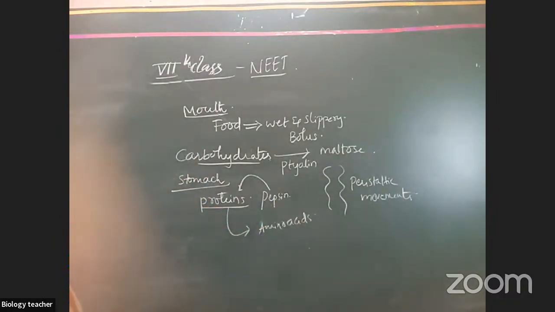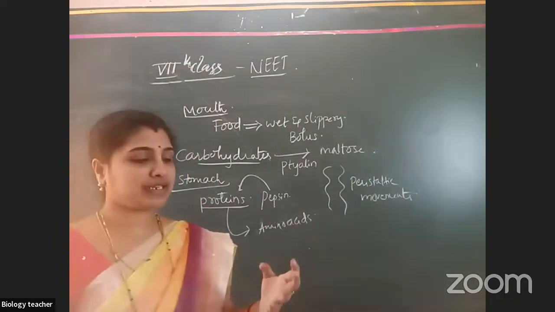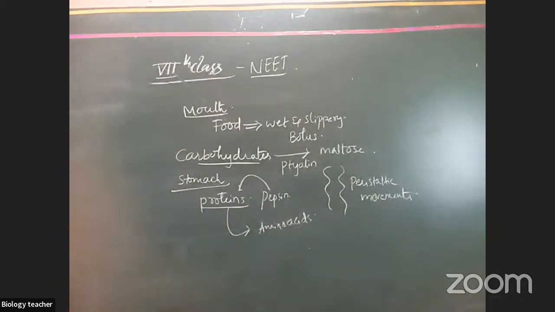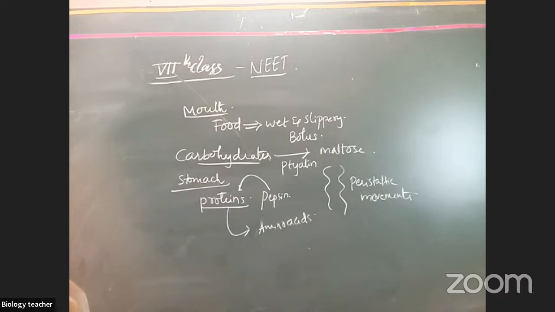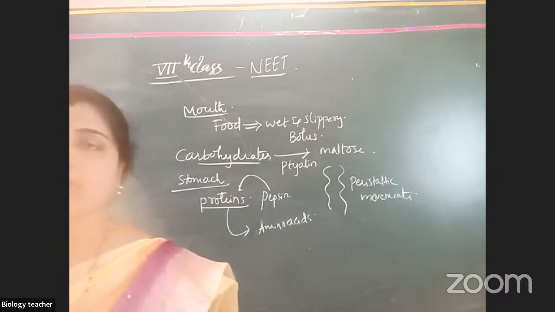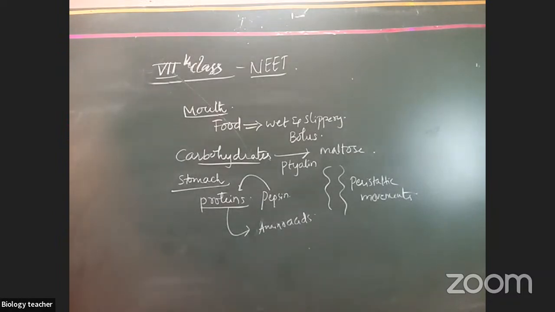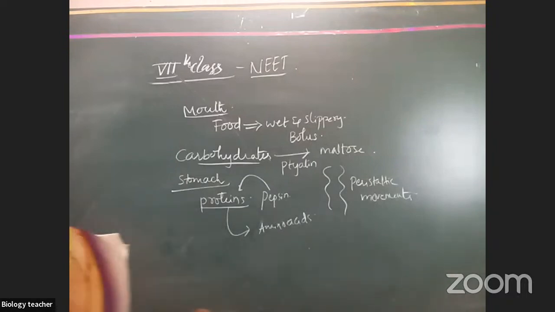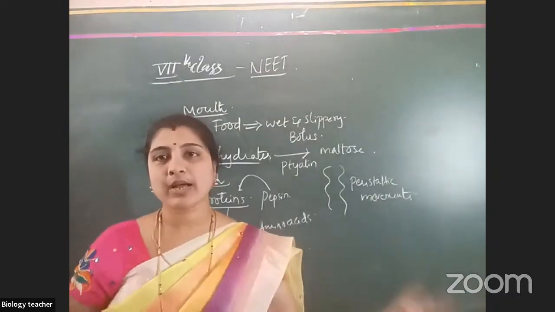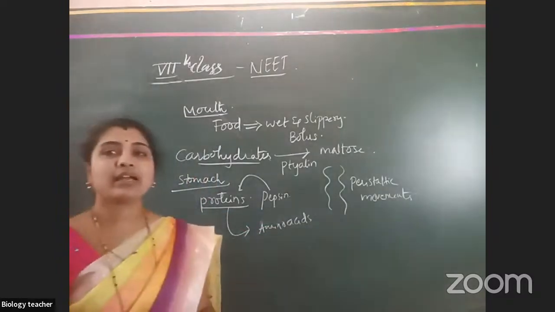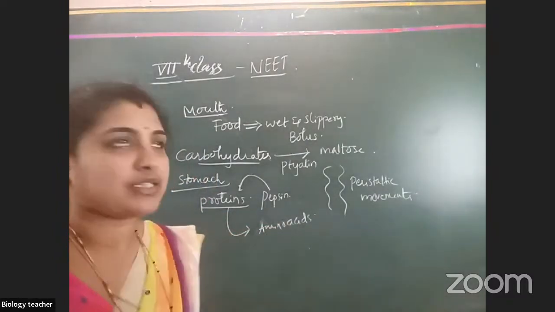After the stomach, it reaches the small intestine, isn't it? The small intestine has three parts, which we have already discussed: the duodenum, jejunum, and ileum. Of these three, which is the largest one? Duodenum is the largest one. So we have completed the parts of the small intestine. What are getting digested in the small intestine? Let us discuss.